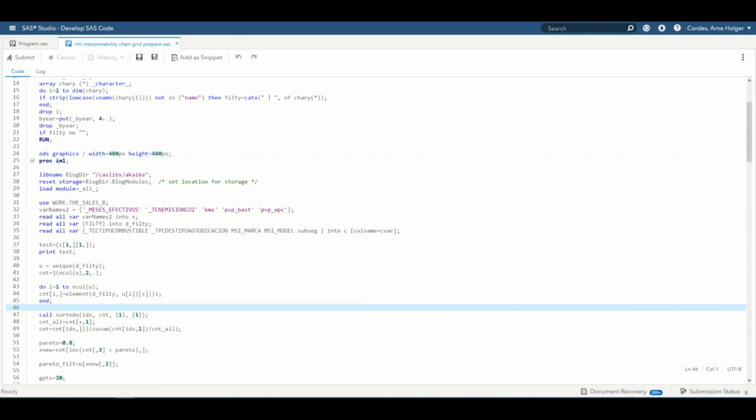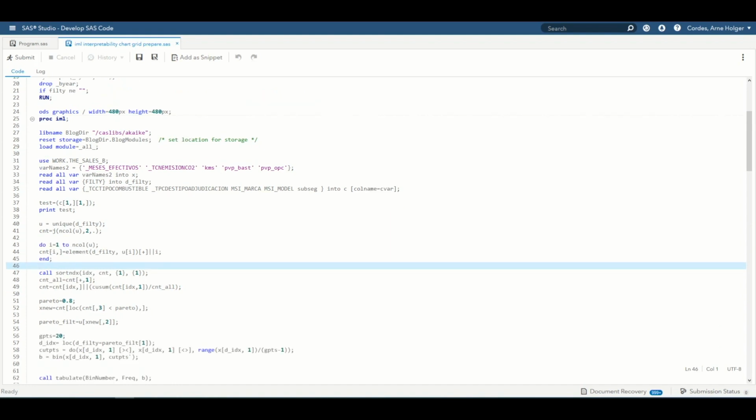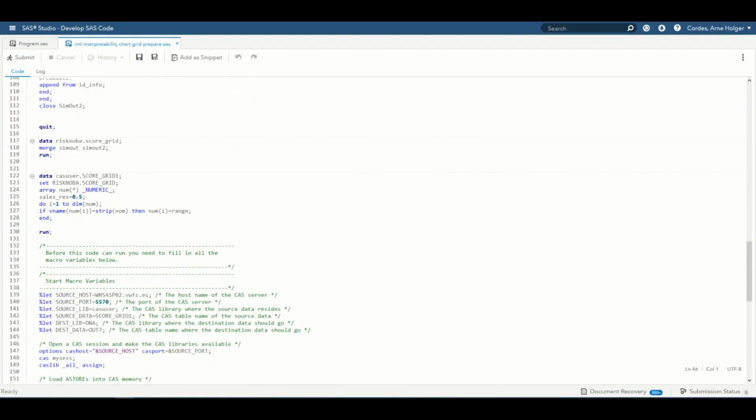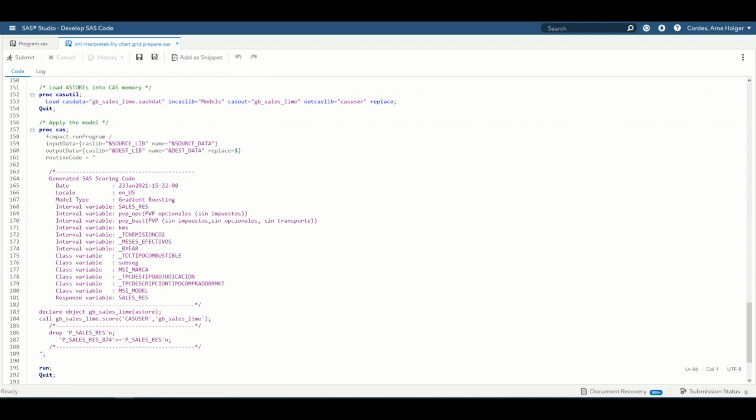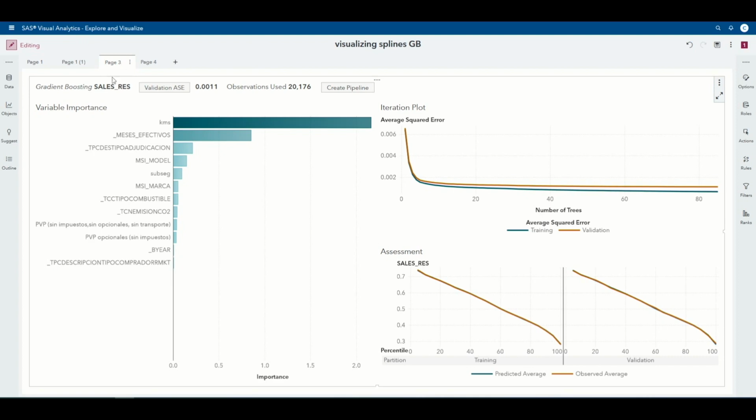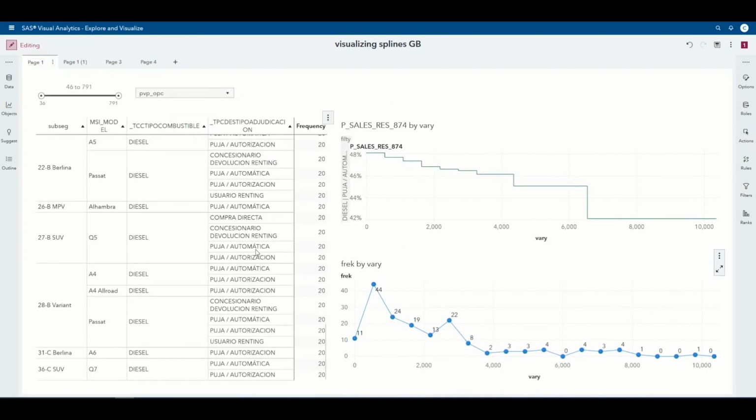So I create the most relevant permutations of the character variables, and I create a grid. Once I have the grid, I score the grid with the gradient boosting scoring code, and I bring it to Visual Analytics. And here we can say, for example, we want to check for the optional equipment and what effect it has on the gradient boosting scoring.